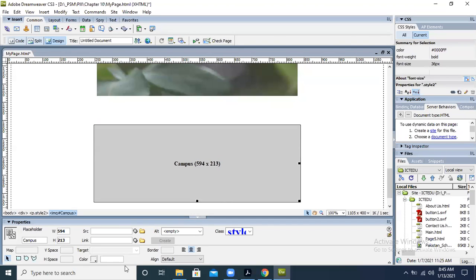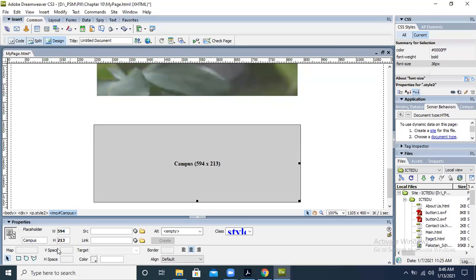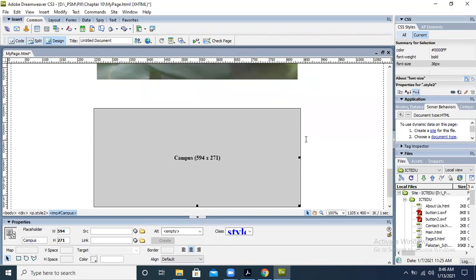Okay, I can set the size by mentioning the width and height over here as well. So now this is basically a placeholder that we have placed.